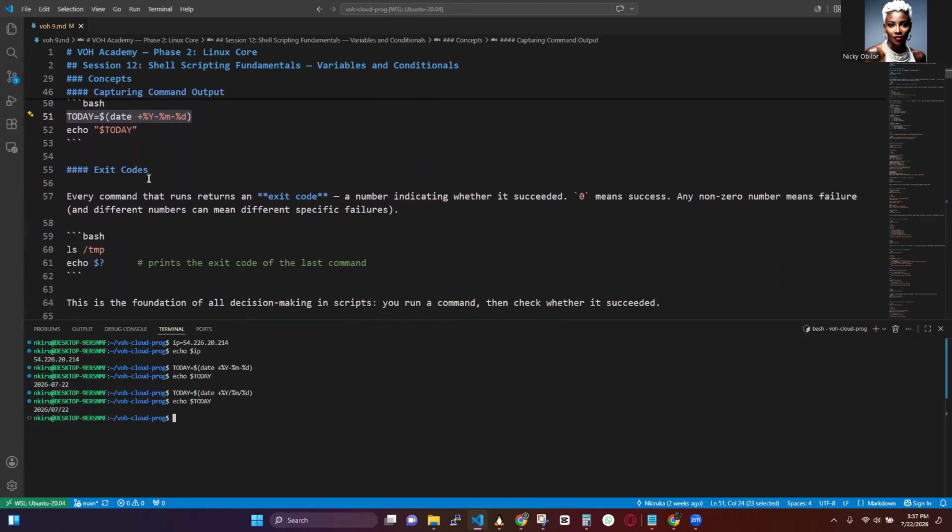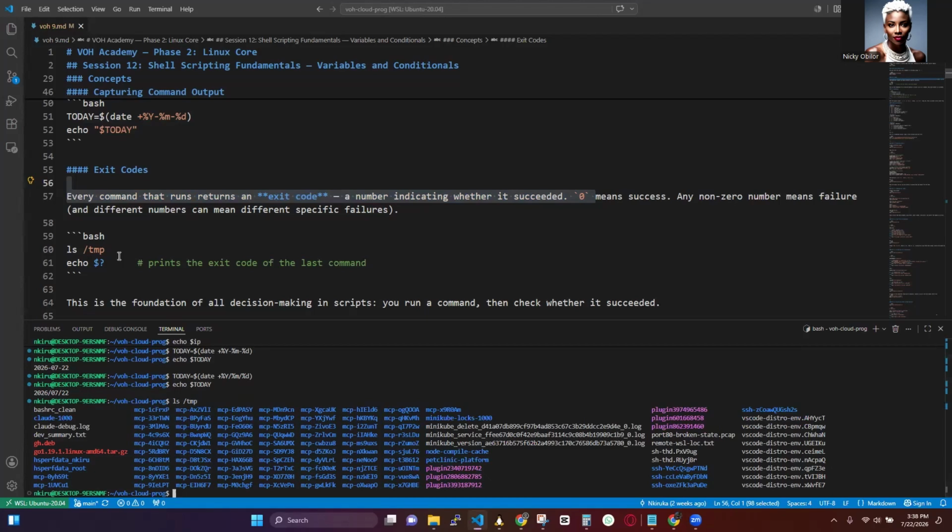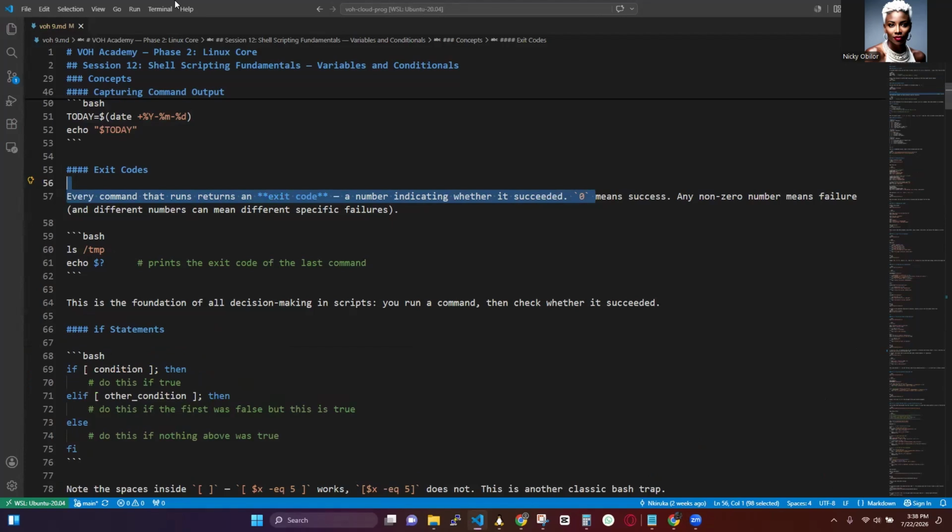Then we also have the exit code. The exit code returns zero if a command succeeded. So zero means success. But if a non-zero number is returned when we run it, it shows that the command failed. So if we run something like this command right here, listing the temp folder, so that's the temp folder, right? So if we exit,